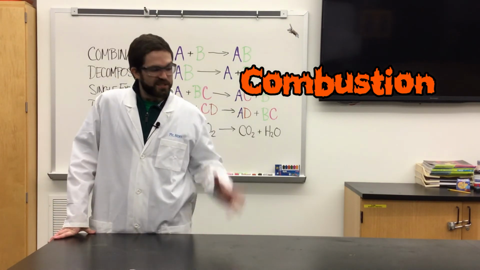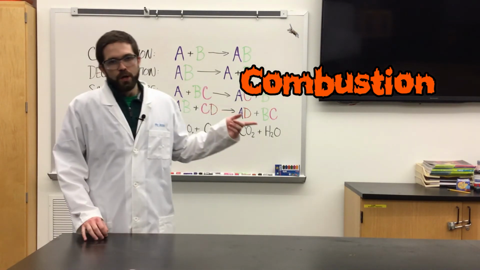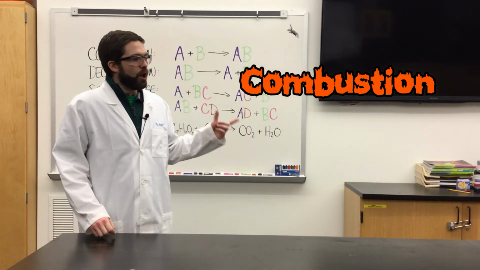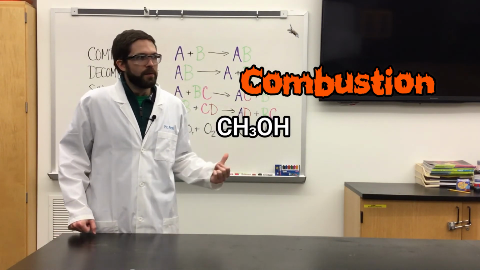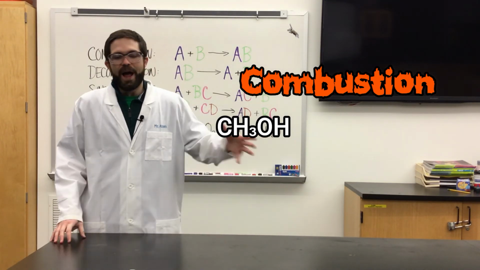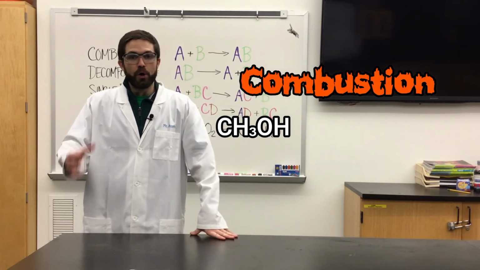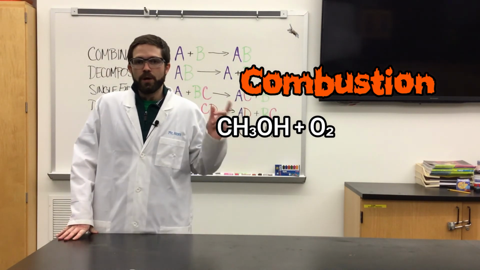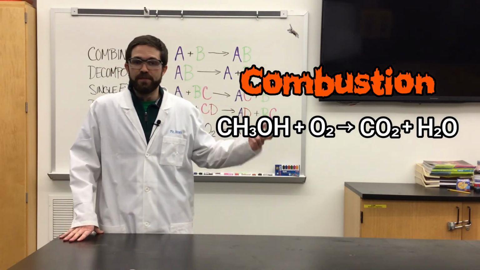A combustion reaction is different from all the other reactions we've talked about so far, because we don't just have random parts, we have specific elements in this reaction. A combustion reaction always starts with an organic compound that contains some amount of carbon, hydrogen, oxygen, maybe nitrogen, things like carbohydrates, waxes, alcohols, wood. Any of these kinds of substances will burn in the presence of oxygen. So we're going to combine that organic compound with oxygen. And when we do, we're going to get 2 gases from it: carbon dioxide and water as a vapor.